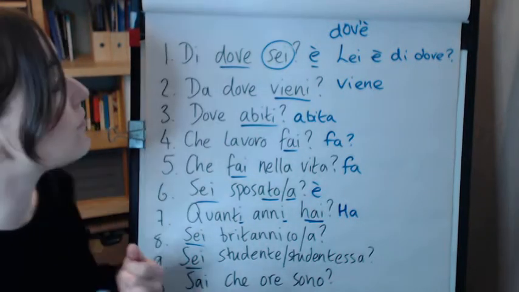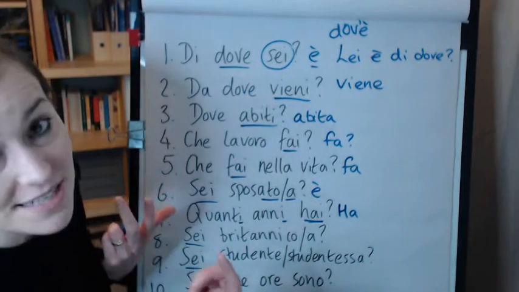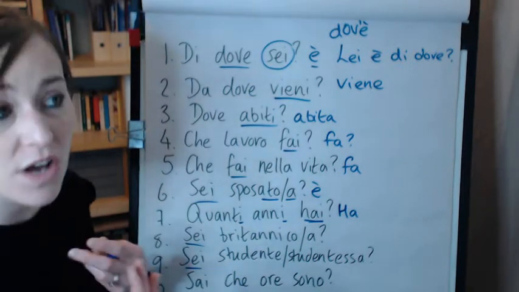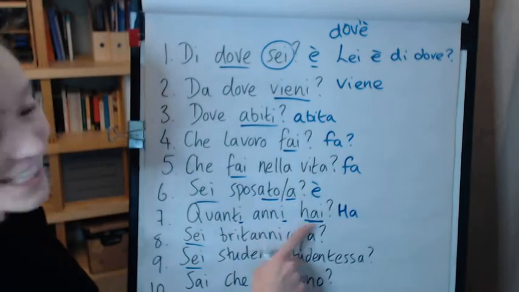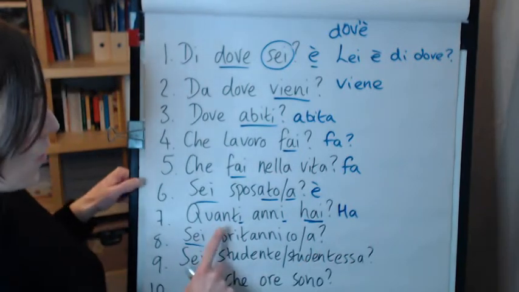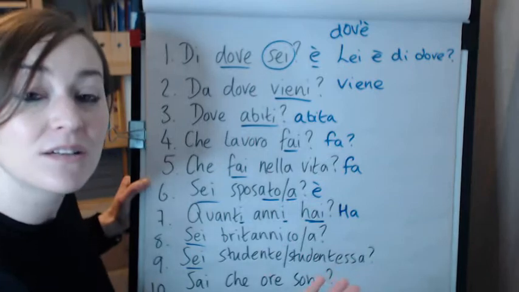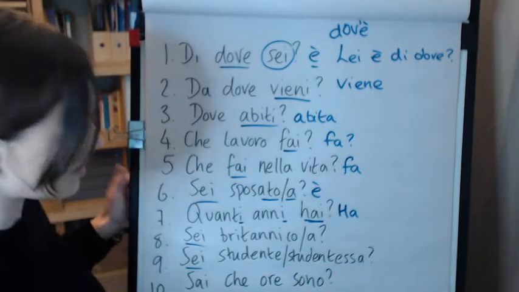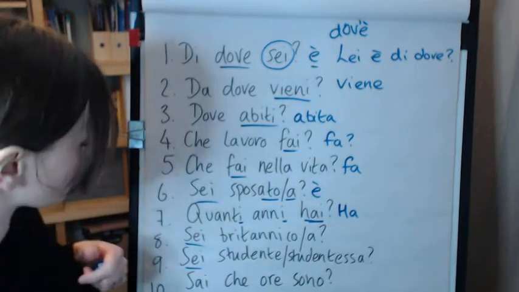You need to know that verb, and all its conjugations in the present tense, as well as essere. Okay, they're really useful for asking questions. Do you have, you got? Or how many years do you have? How old are you, basically? Quanti anni ha? Or lei ha quanti anni? Ha quanti anni lei? For example, all different ways of asking the same thing.